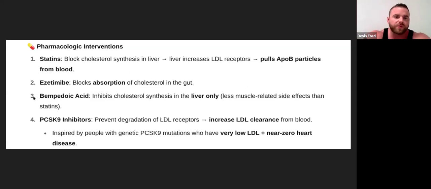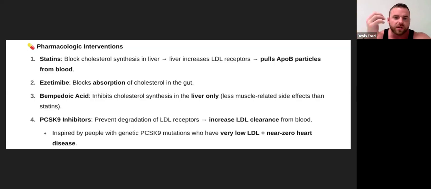There's something else called ezetimibe or something. I don't know how to pronounce that, but it blocks the absorption of cholesterol in the gut. So it's a little bit different of a mechanism. This is a good replacement for a statin if there's any complications with the statin. It's less effective than a statin because statins are doing this globally. They're doing it all throughout the body. They're pulling it from the blood. This is only doing it in the gut. Okay, so it's not doing it on a global scale, so it's not going to have as big of an impact. But because it has less of an impact, it also has less side effects. So it is a